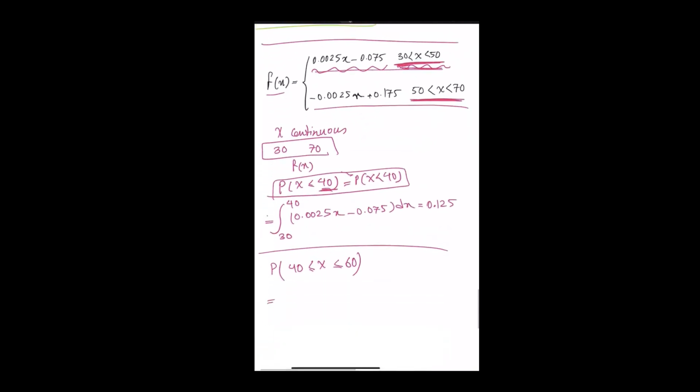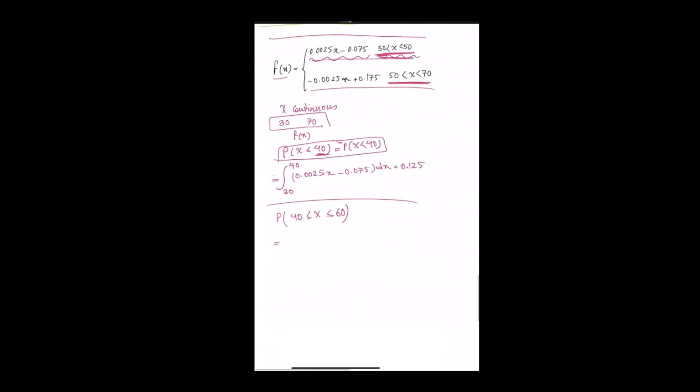So I have to write my probability by dividing it: exactly from 40 to 50, the first function 0.0025x minus 0.075 dx, and from 50 to 60,